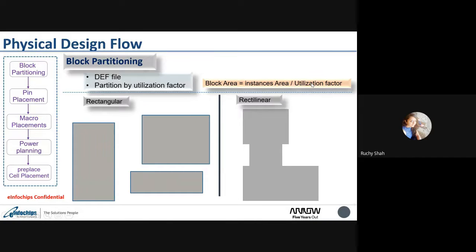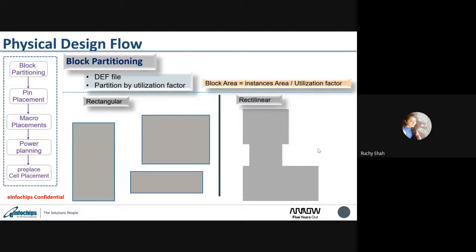That is nothing but the instance area divided by your block area. So to find the block area, we need to divide the total instance area by the utilization factor, and we will roughly get the total block area which we require to do the PNR. Based on that, we can take a shape and start the PNR.